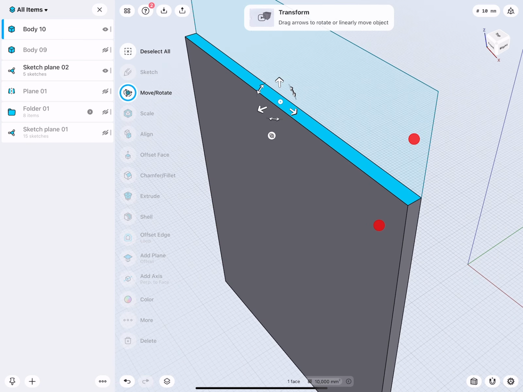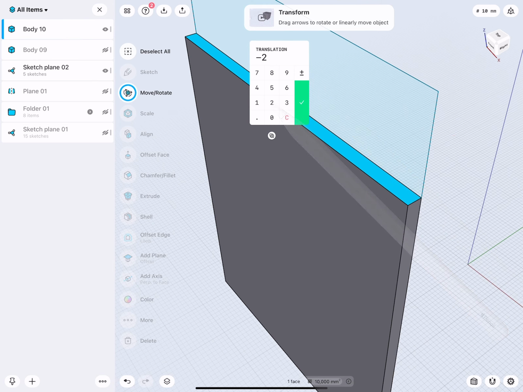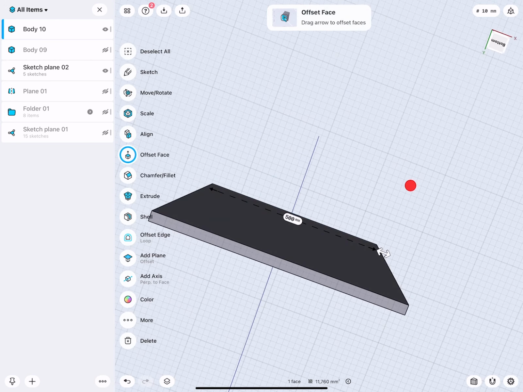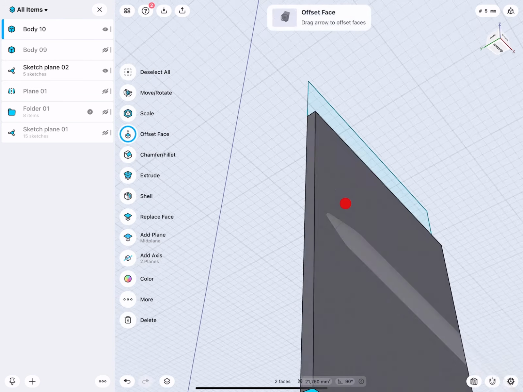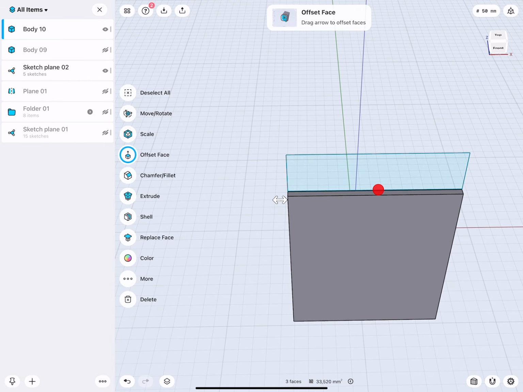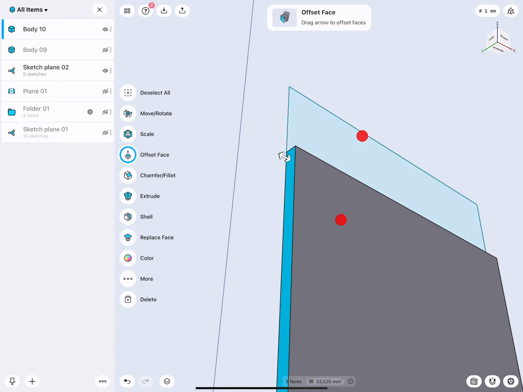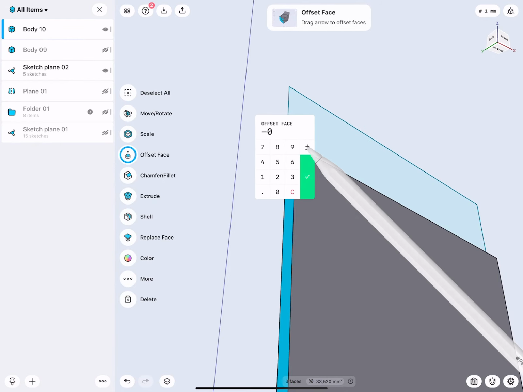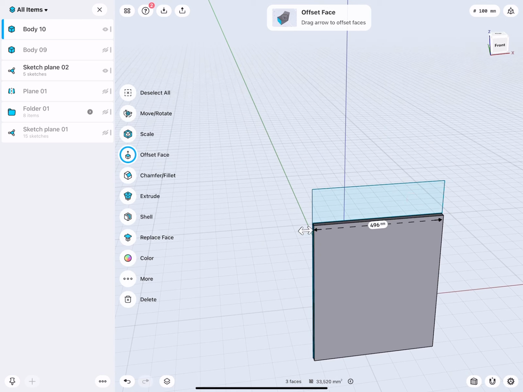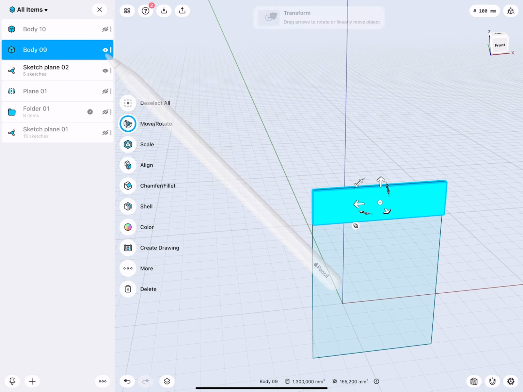So I select the face, go to move, select the arrow pointed up, so -2 millimeters. I can also here select 3, click on the arrow, -2, and it shrinks all 3 at the same time, just to give you an option.